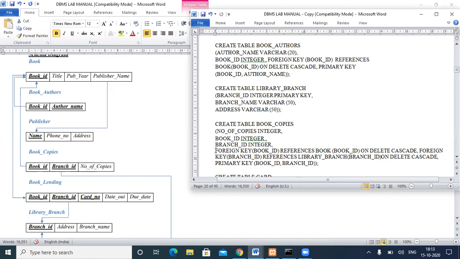So this is the foreign key constraint. Book ID is referencing the book table, same thing, foreign key constraint, and the primary key constraint. That is, book ID and the branch ID together form a primary key constraint. So now let me copy this.